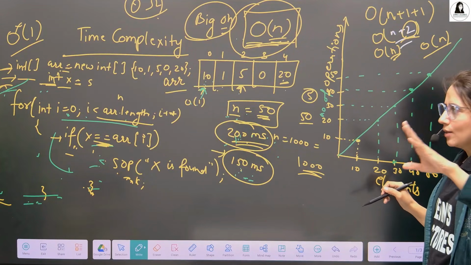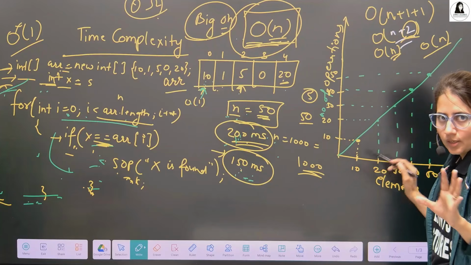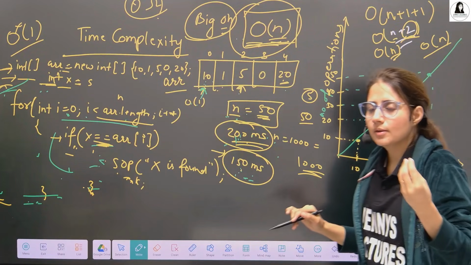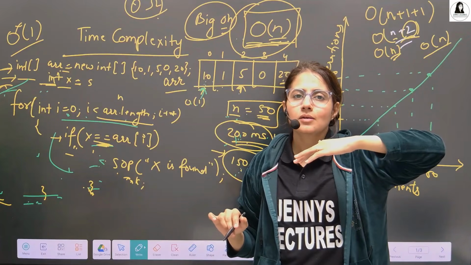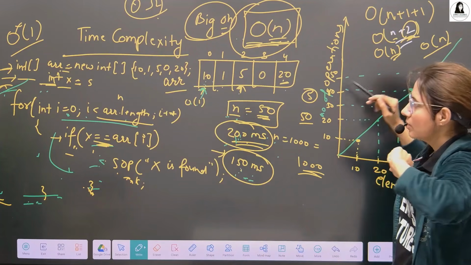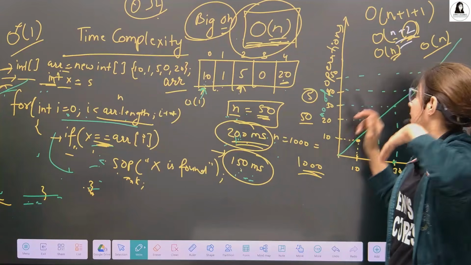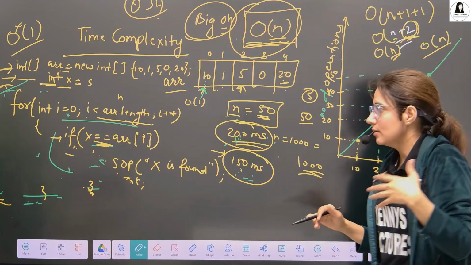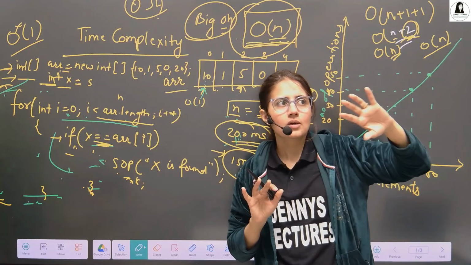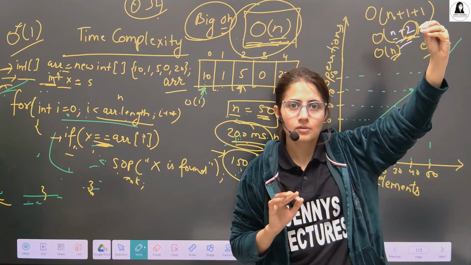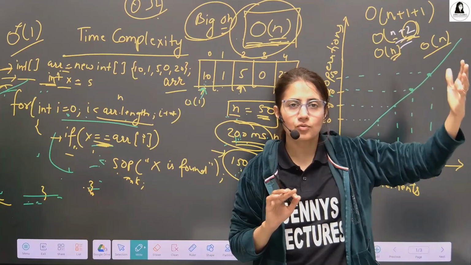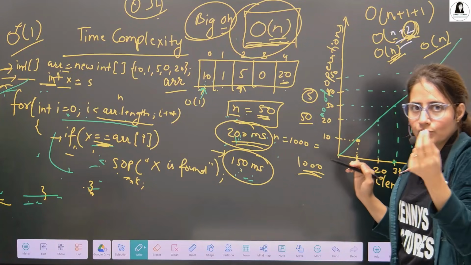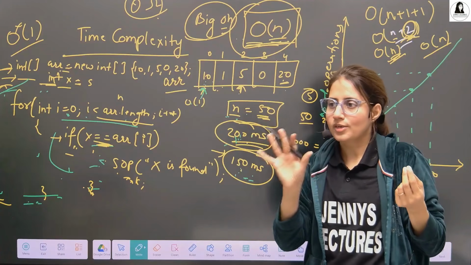One rule while calculating time complexity is to ignore the constants. They don't matter, because if n becomes 1 million, does the 2 matter here? N is 1 million plus 2. It doesn't really matter. And we calculate time complexity for a large amount of data. So ignore the constant and just take order of n. This is one of the rules of calculating time complexity.